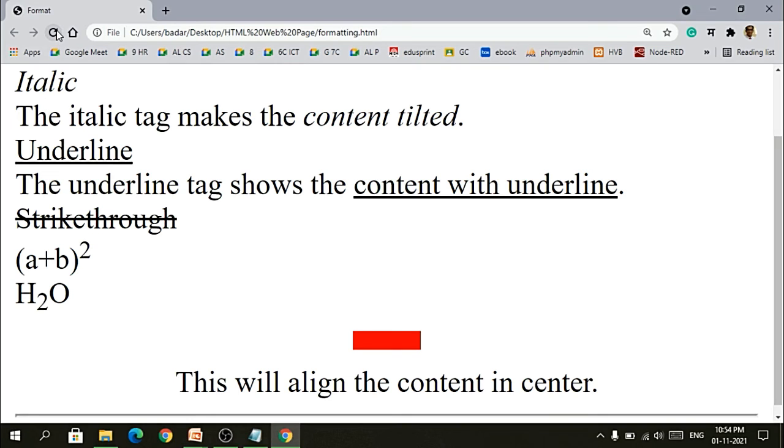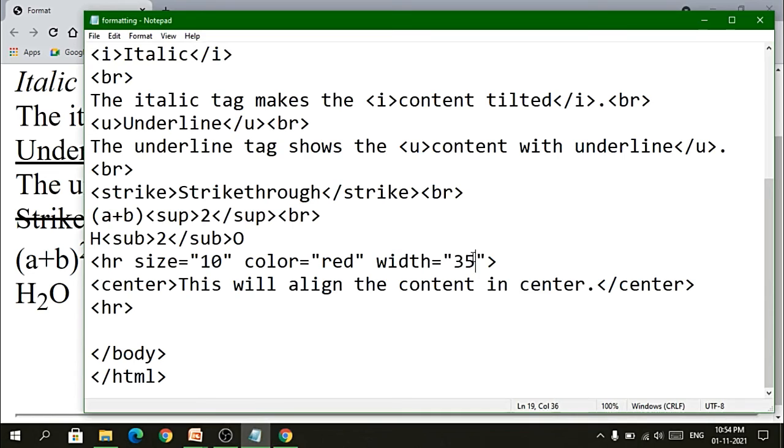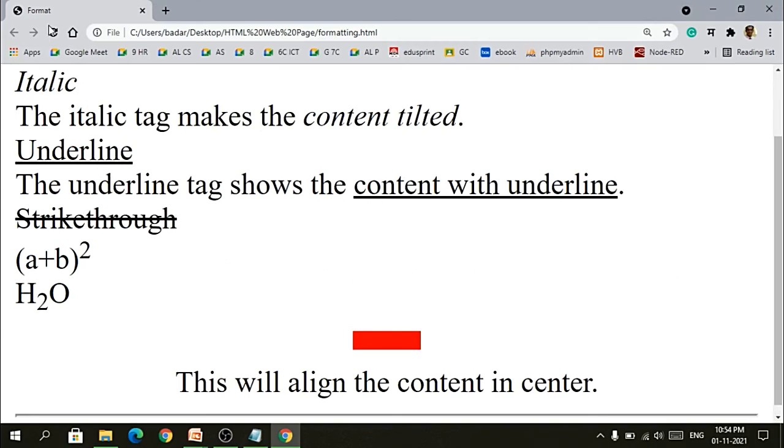So here you can see the width is this much. So this is something which is 35. If I want, I can even use the percentage. So 50%. I can save it and I can refresh it. So this would be something called 50%.